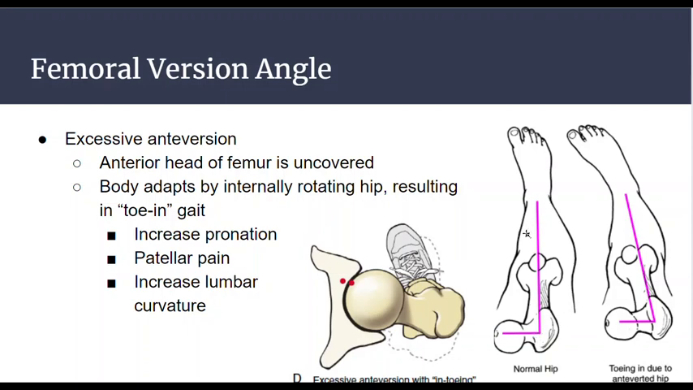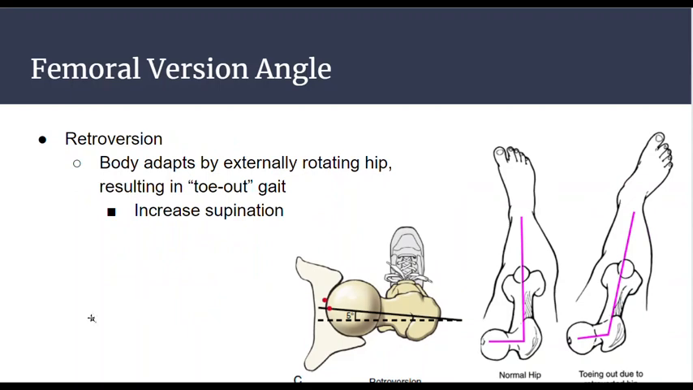So this is the normal hip here. And since your femoral head is moving anteriorly and is exposed, your body adapts by internally rotating that hip and toeing in. So for retroversion, where the femoral head is a little too posterior, the body adapts by moving the toe out, or a toe out gait, or externally rotating the hip. And this can increase supination of the